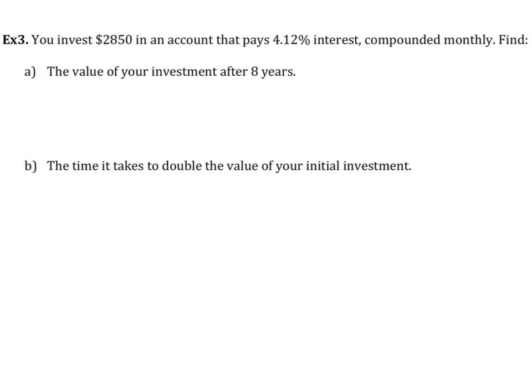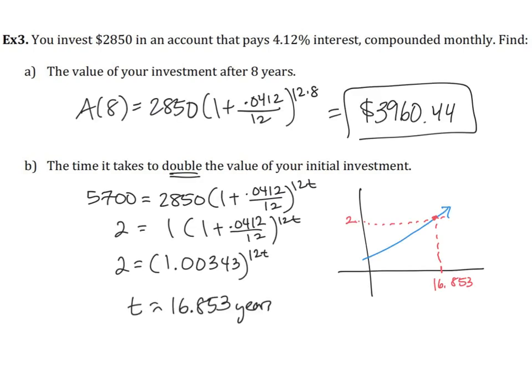All right, moving on to example 3. If I were you, I would just pause for a second and try this on your own. I would pause it, try all of this work on your calculator on your own, and then unpause and check your work here with me. Okay, if you tried it on your own, you should have gotten